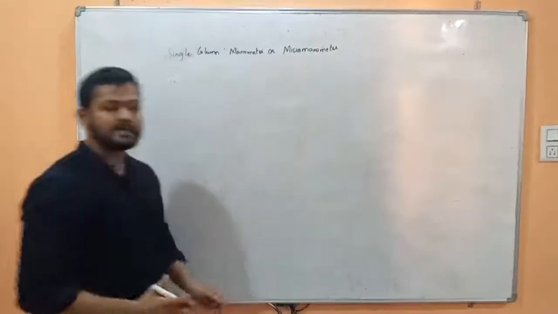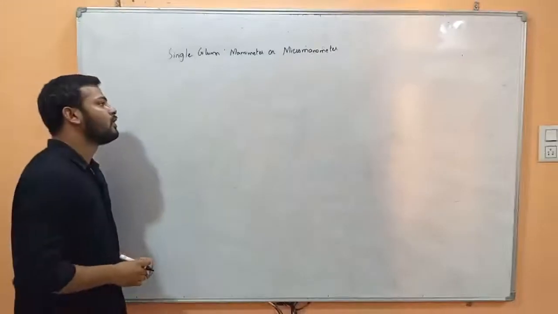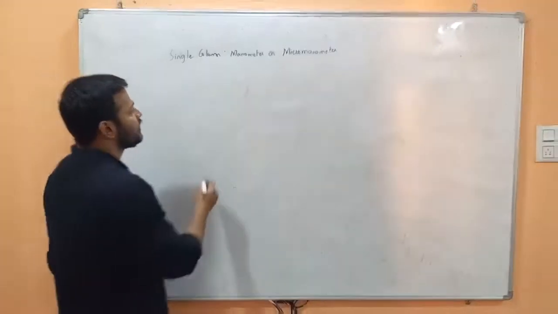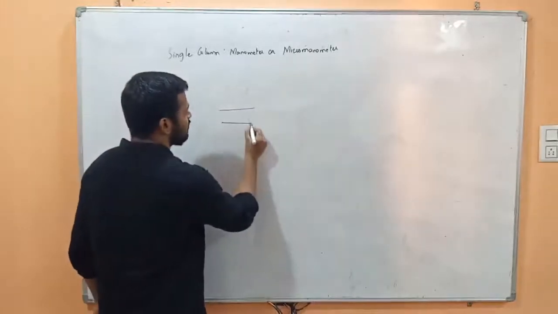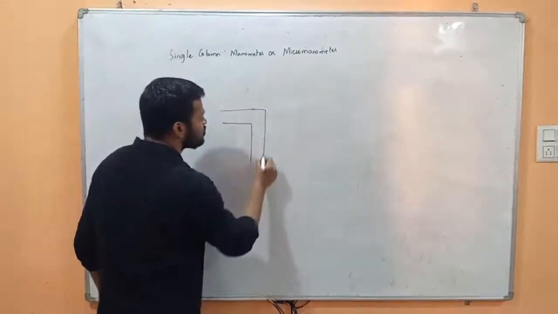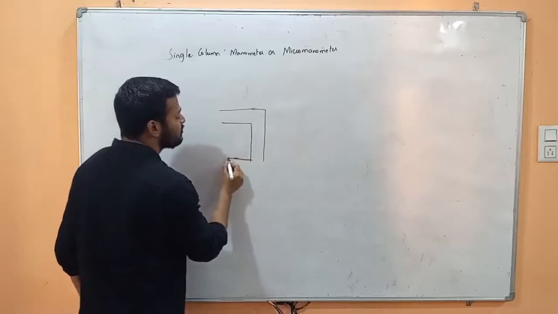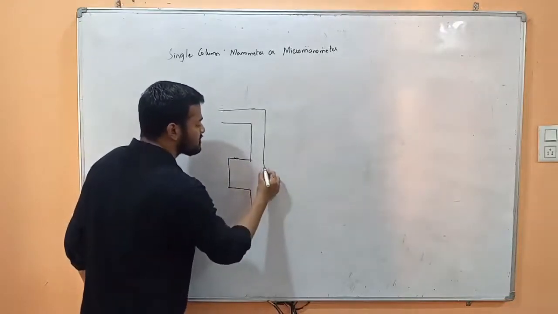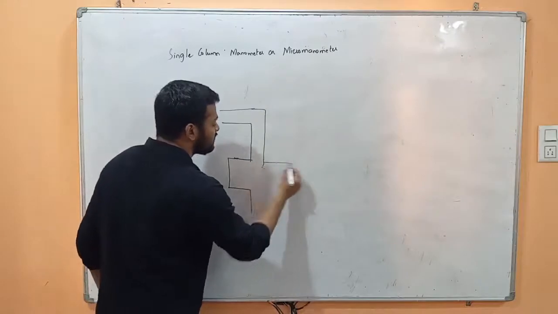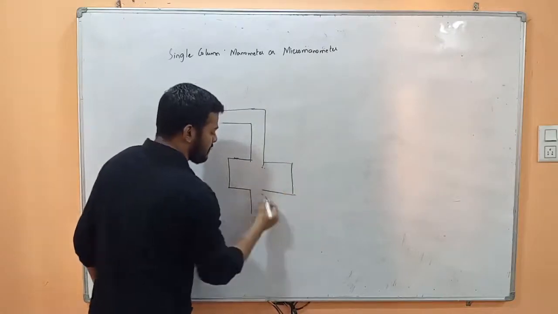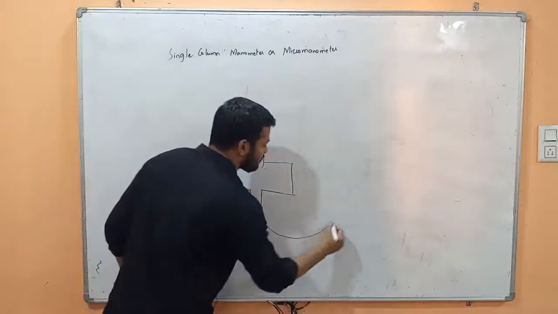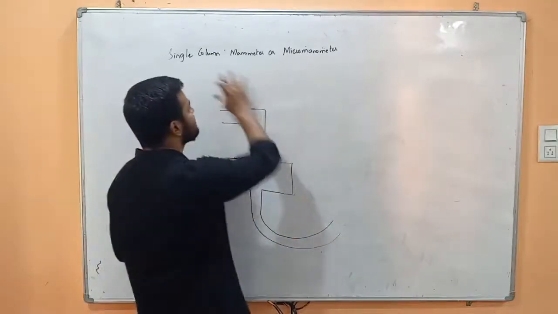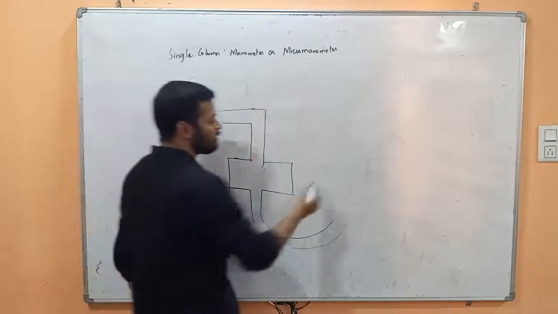This manometer is similar to the U-tube manometer. The only difference is that in the U-tube manometer it was a U-shaped glass tube. Apart from this U-shaped glass tube, it has a large reservoir which is connected to one of its limbs. So this large reservoir is also called one large column. That's the reason it is called a single column manometer.